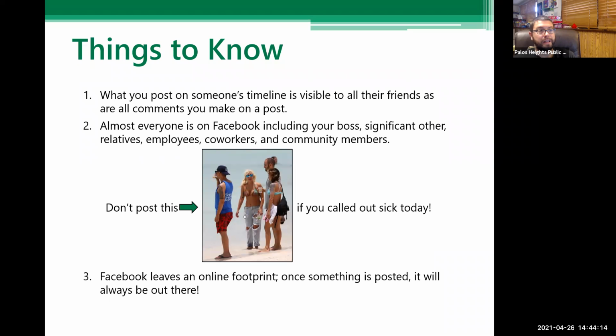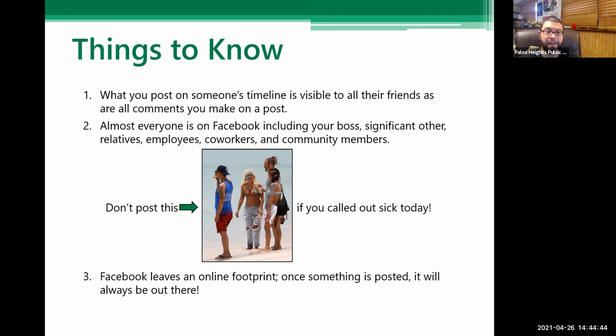We live in interesting political times. A lot of people have very strong feelings. A lot of friends and families have been wrecked by people posting things during the last presidential cycle. So keep that in mind. If you post something inflammatory, it could have repercussions outside of Facebook for you.